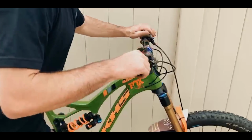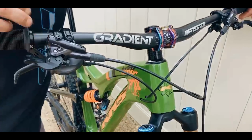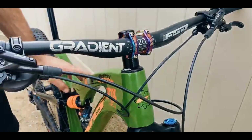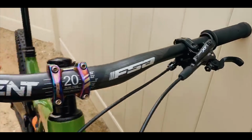Coming up to the cockpit, we have the all-new Shimano XT 4-piston brakes, which are perfect, meaning it has the lightness of the 2-piston, but the stopping power of the 4-piston, which you want to get every gram you can get on a trail bike. And Shimano shifting,